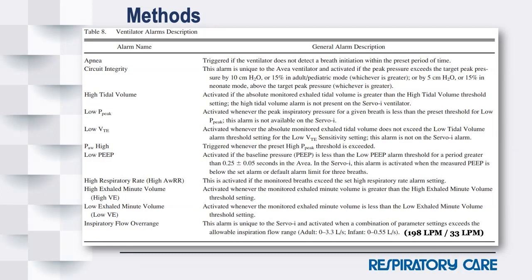That one I want to call your attention to. That's another one that is a proprietary ventilator alarm by another one of the other companies. And the gist of that is that the inspiratory flow is outside a range based on the population setting that the ventilator is on. For example, neonatal versus adult have two different flow ranges. And this is basically saying the patient, on inspiration, is going higher than the flow range is supposed to be for that population. So both of those are proprietary alarms that I just wanted to point out before we move farther.